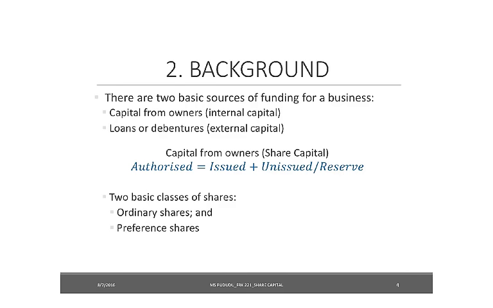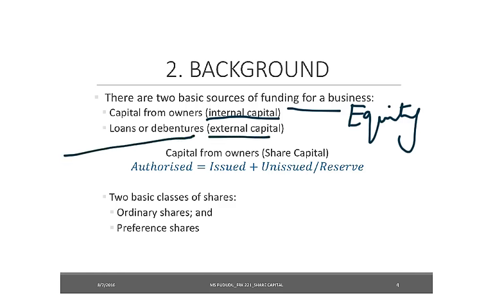There are two basic sources of funding for a business. You find the internal capital, which is your share capital, what we'll be covering in this topic. And according to accounting, this is the equity element. Then you also have the external capital, and the external capital is classified as a liability. The equity is the cash that belongs to the company, whereas the liability, the company has an obligation to pay